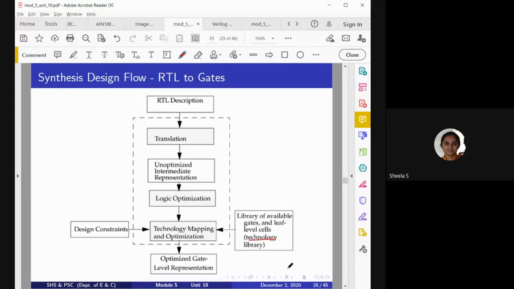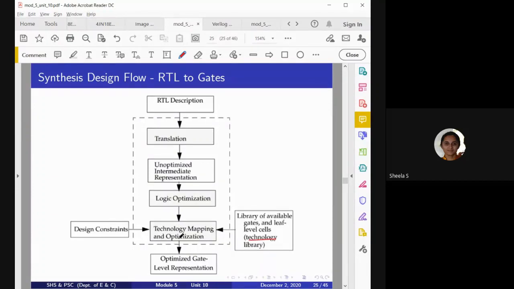Okay, then this is the general block diagram. First we will have an RTL description. Based on that, translation will be done, and based on the translation we are going to get an unoptimized intermediate representation, and that will be optimized, and after optimizing, it will be synthesized.